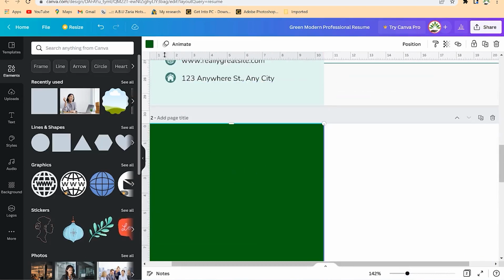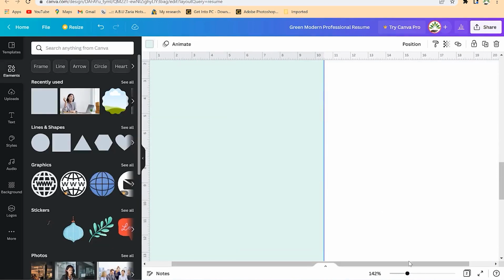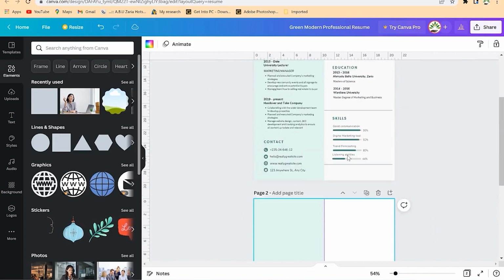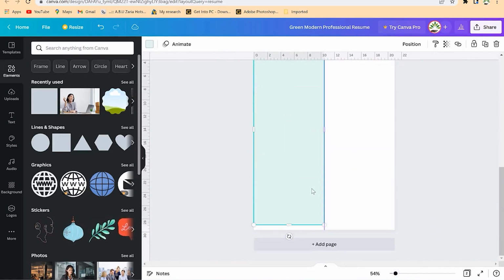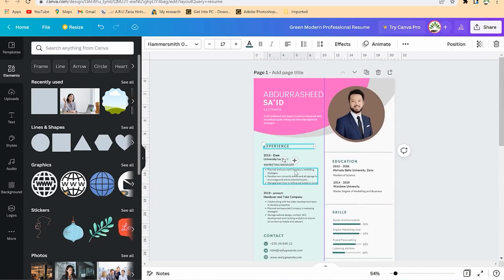So all you need to do is to select and come and change the color to something like this, and now you are back to, you can now zoom out, and then you can go ahead and put the other details. For example, you can just complete this. For example, you might want to copy some of these key details and just copy, and then you can come